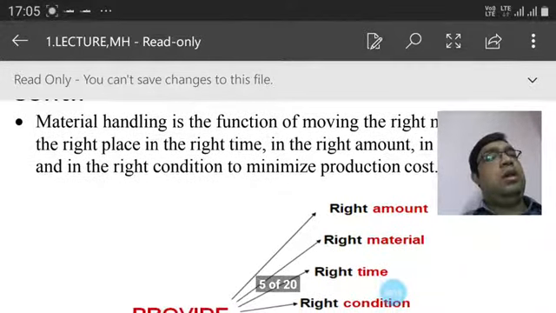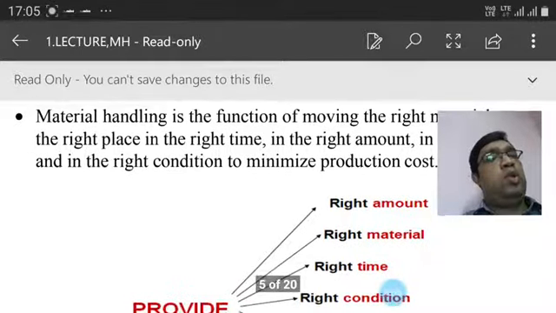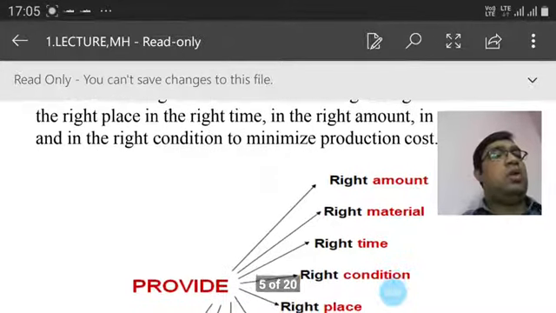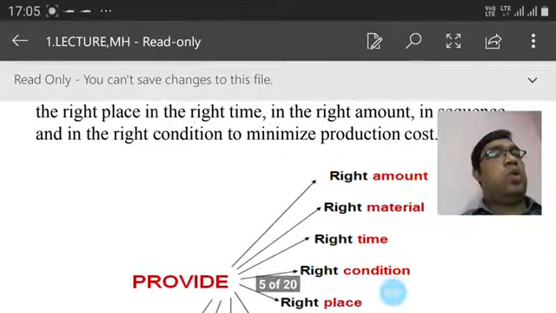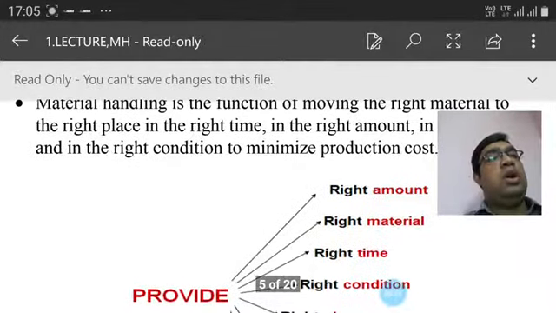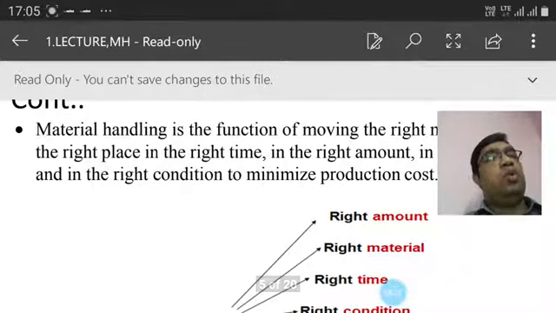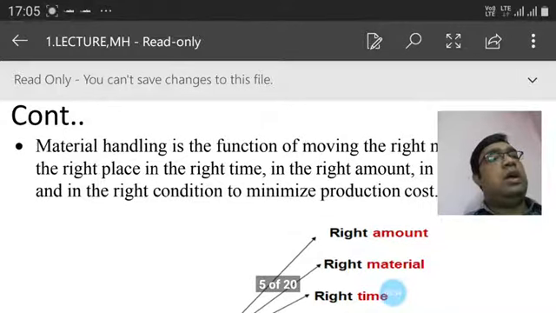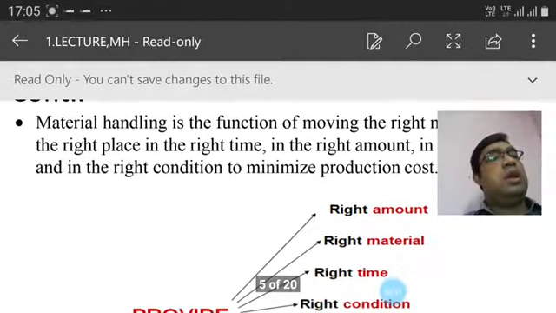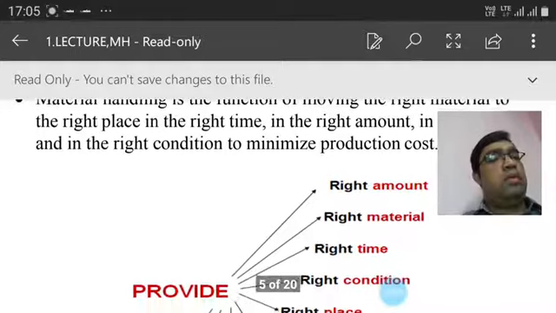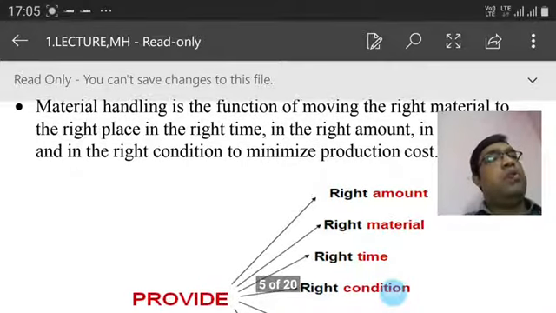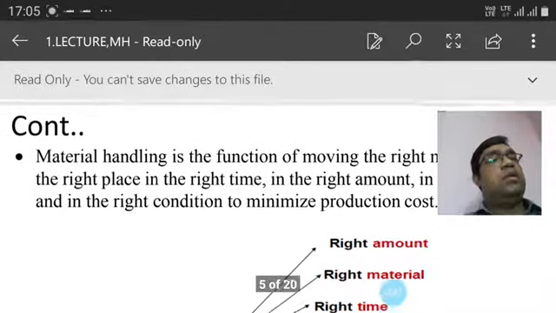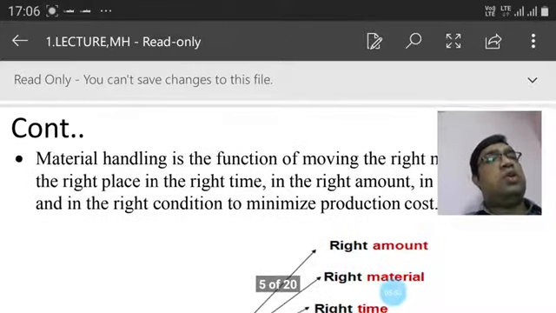Similarly, in our manufacturing industry, when we have to reduce manufacturing cost, which includes labor cost and overhead cost, you have to bring in materials at the right time and in the right amount. If an excess amount of materials is placed close to your production hub, it will require storage space. For this, the right time, right amount and right condition are required.